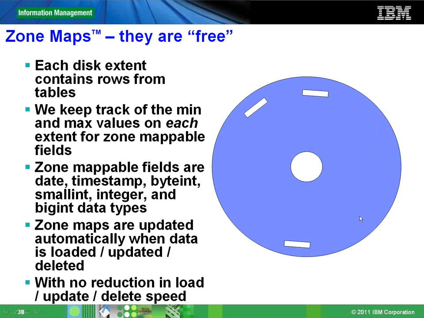Right? Suppose I issue a query which says that how many CDs did I sell on 17th March 2012, right? Now I go and search a certain extent. It says that my minimum date value is 1st January and my maximum date value is 17th January, right? So I know 17th March cannot be there in this extent. So I eliminate that extent. So a lot of these extents get eliminated. So zone maps basically tell you where data does not reside rather than where it resides, unlike an index, right? That's the primary difference.